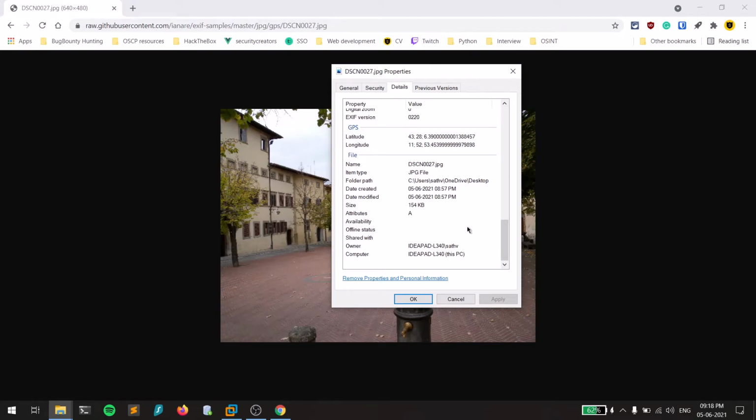Sometimes you might not find the EXIF data, because suppose you got an image from Twitter or Instagram. What Twitter or Instagram does is they remove all the EXIF data before uploading into their platform. You can find that in almost all the situations, but this is how you can find it in a manual way. And also guys, there is a